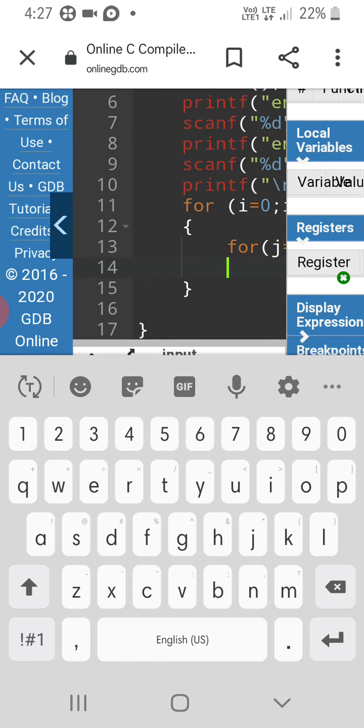And now we have to ask the user to enter matrix elements, so printf.